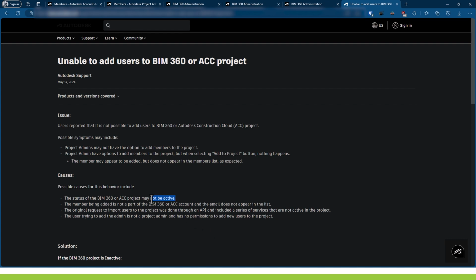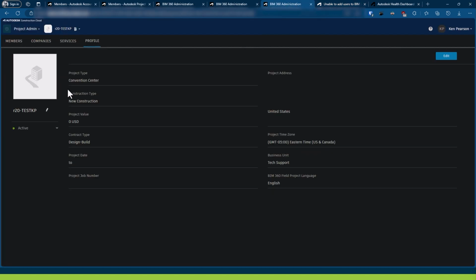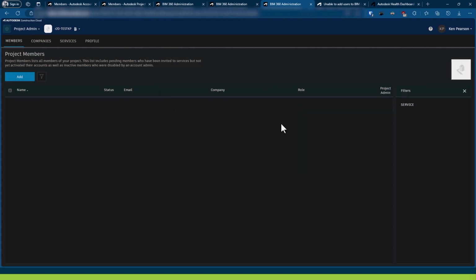And also, maybe a project came back, it has to have more work done in it, and you're trying to add users and it's looking a little bit weird, the project might be set to inactive. And that might look like this. Got my project here in BIM360. If maybe it was finished, the contract ended, work ended, it needed to be put on hold. Maybe you came in here and set it to inactive to hide it from the list of active projects that you have going on. If for whatever reason you come back and you take a look at the members list,